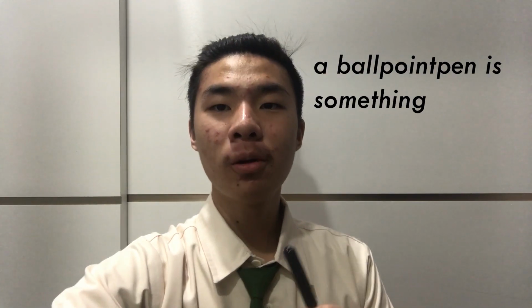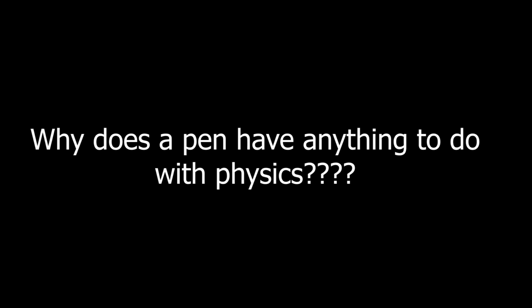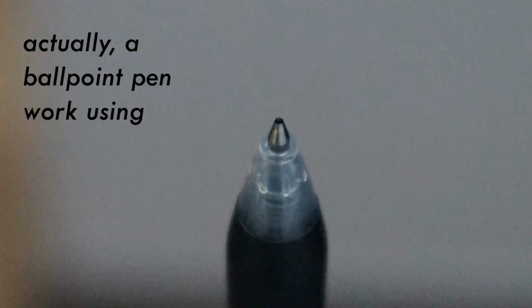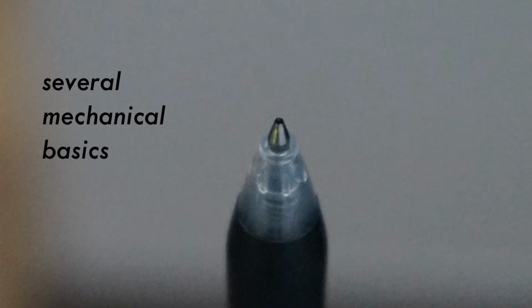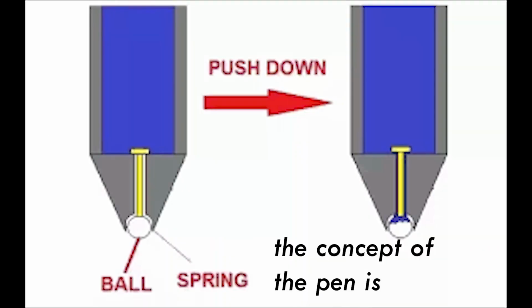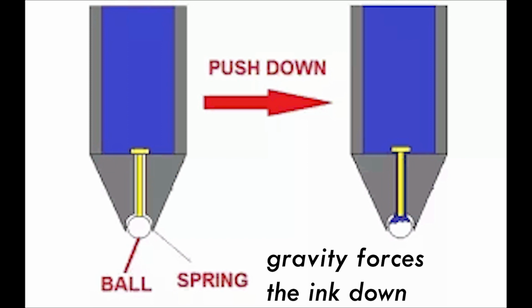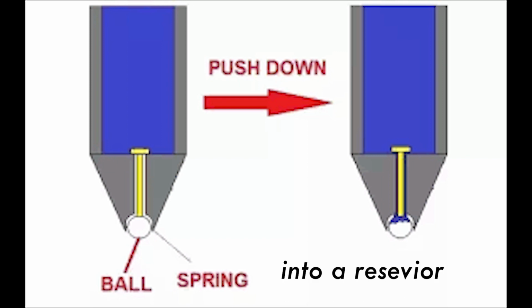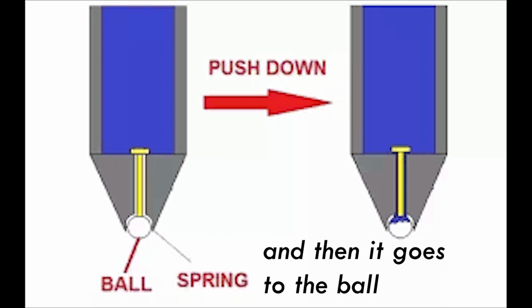The next one is a ballpoint pen. A ballpoint pen is something that we all have in the household. So, the question is, why does a pen have anything to do with physics? Actually, a ballpoint pen works using several mechanical basics, including gravity and rotational forces like centripetal force. The concept of the pen is gravity forces the ink down into a reservoir and then it goes to the